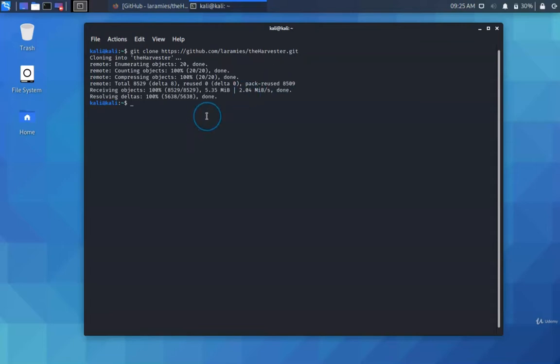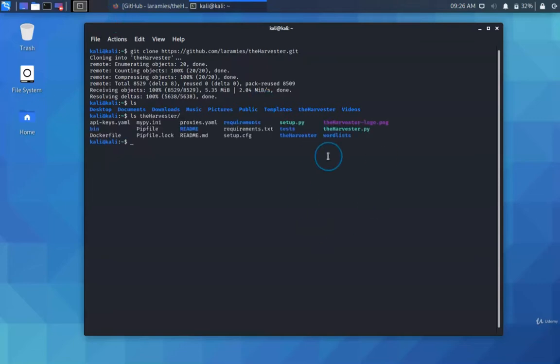Once it is done, you will see with ls theHarvester. So as of now this is installed, I mean to say this is cloned from the GitHub repositories, and it is now on our system. Now we are required to deal with that. So let's see the file contents of that directory, theHarvester. This way we can see all of the file contents, and here you can see the setup that we